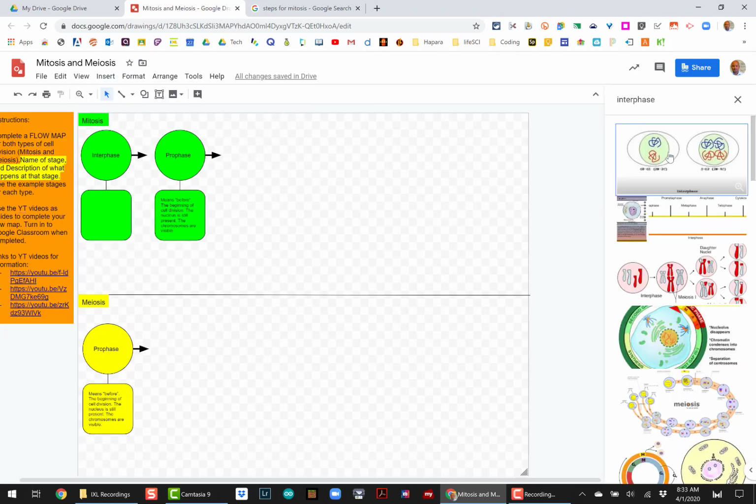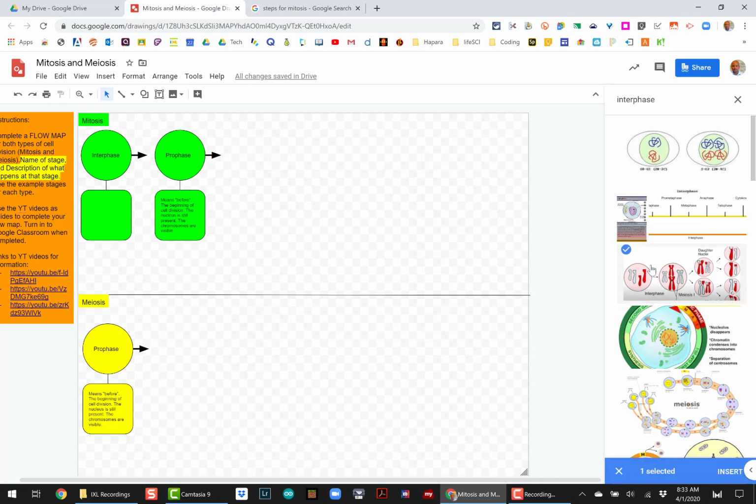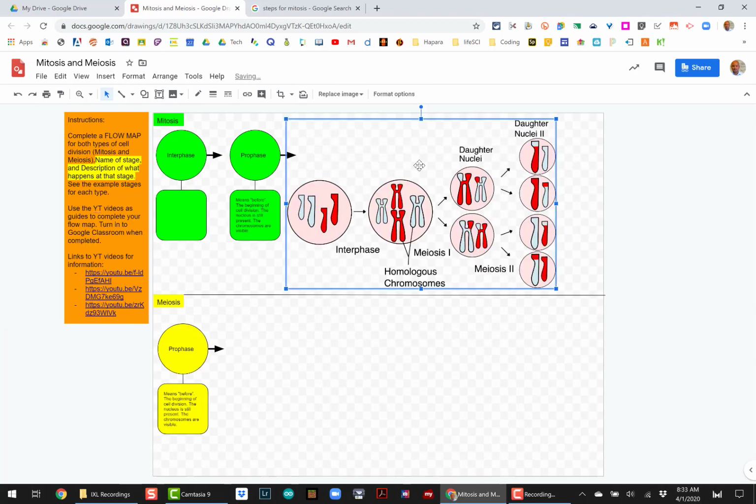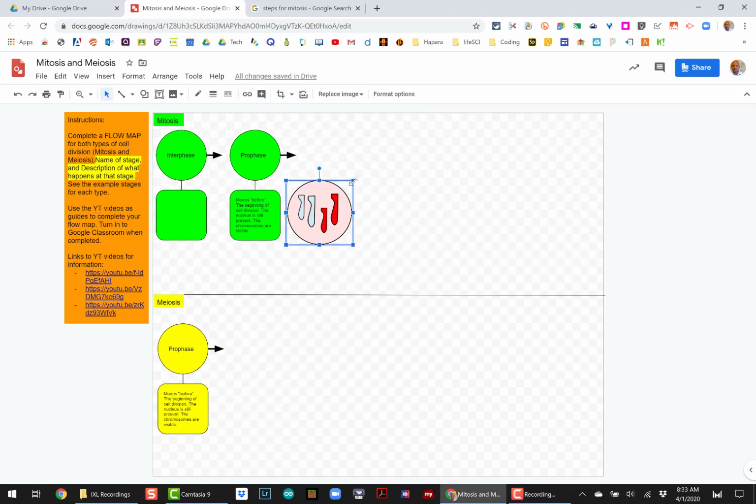Interphase. Okay, good. So this looks like a nice image right here, so I'm going to go ahead and insert that, but I don't want to insert the whole image. What I can do is double click into this, and I just want this part, so I double clicked on the image once I've inserted it, and notice that these black lines actually show up because I just want that. And then I'm going to resize this and put it right here. And just like that, I've already added an image for interphase, and you can add the image for prophase